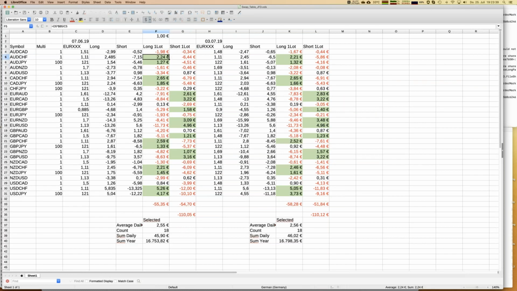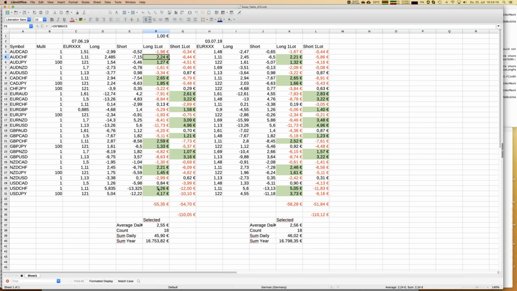And you can see already that I have done a quick calculation. Let me first explain how I get a colored table here. So I use a threshold. Later I will explain why. I have a threshold of €1. I want to highlight all those positive swap values which are bigger than €1, and that's exactly those green labeled numbers here. And you see, okay, there are 18 which have positive swap values. That's cool. So we might invest exactly in those 18 symbols, but of course in the right direction.